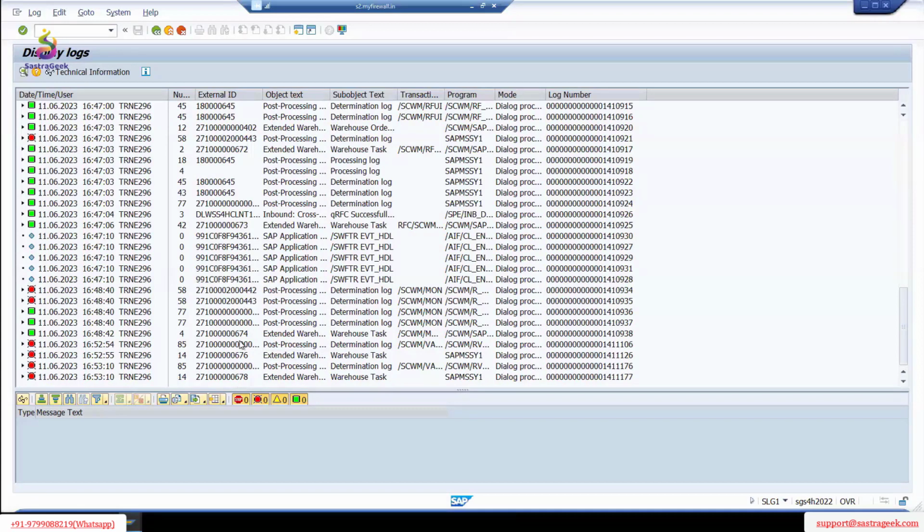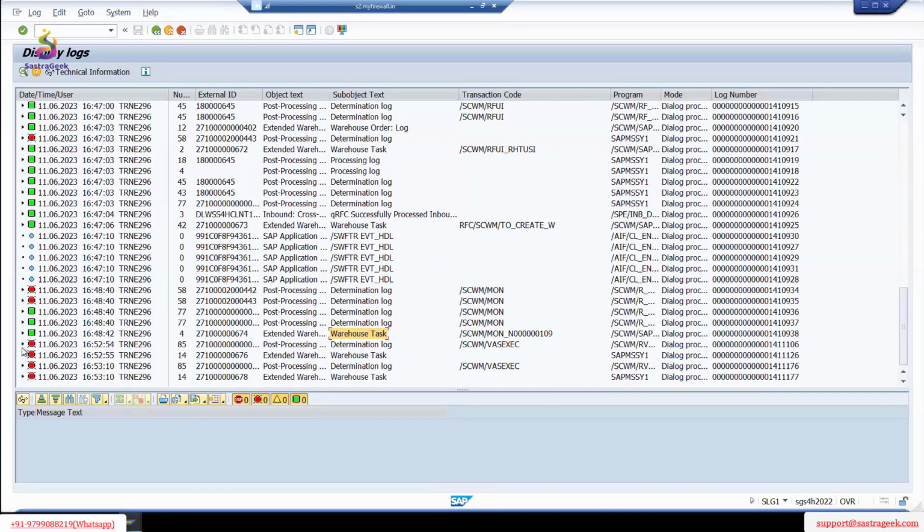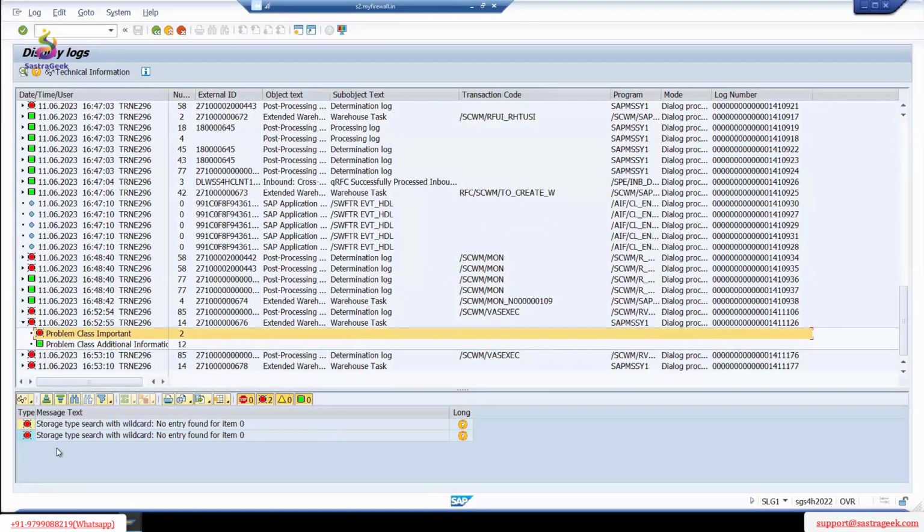Now you see, guys, I made a mistake. What happened is that instead of SLG1, I didn't select my user ID, so we got several logs. Now look at this one. Why did the system not create it? We can always analyze from here. From the VAS I triggered them, right? So the warehouse task: first one, why did the system fail to trigger the warehouse task? Search it: no entry found. That means in both cases the entry is not found. Second case also